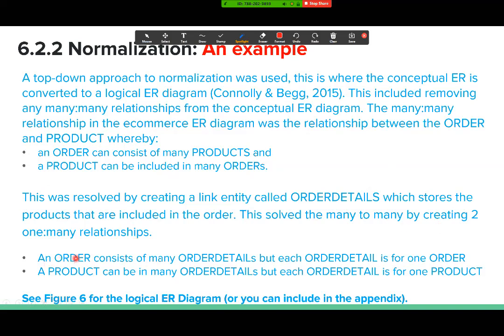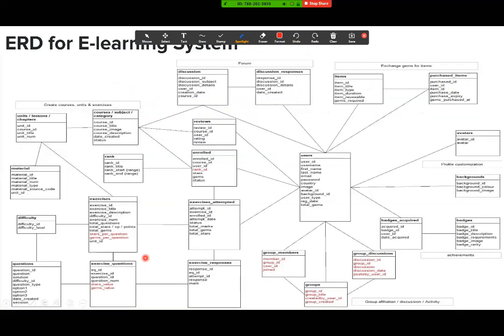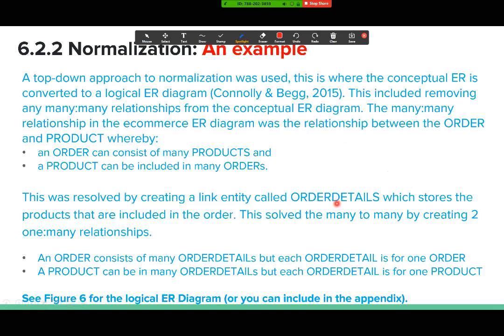So now the new description will be: a user can acquire many badges acquired, right? The relation is between users and badges acquired. So a user can have many badges acquired, but a badge acquired is for one user.